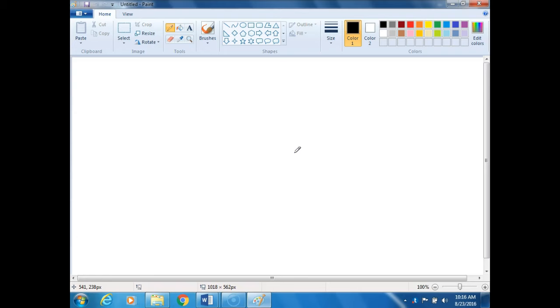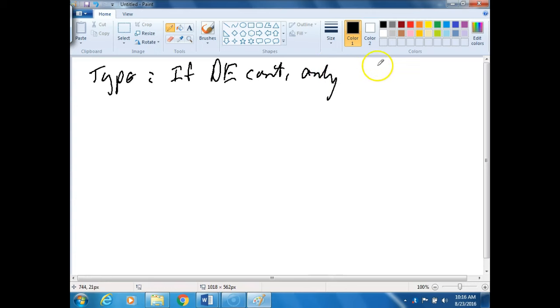Okay. So, let's first do type. Types of differential equations. If a differential equation contains only ordinary derivatives of one or more unknown functions with respect to a single variable. Okay, I better write some of this down. If the DE, the differential equation, contains only ordinary derivatives,